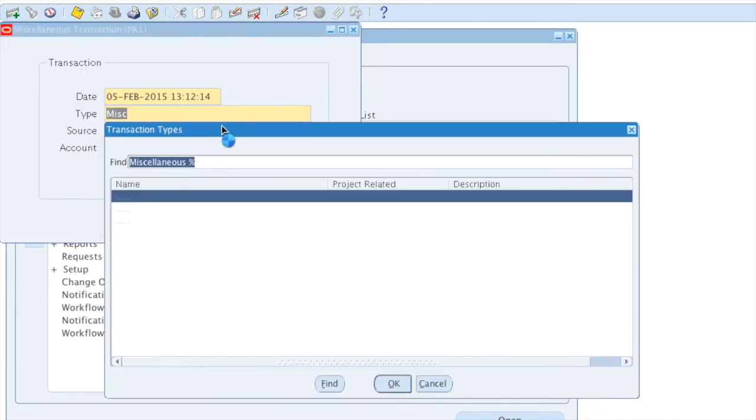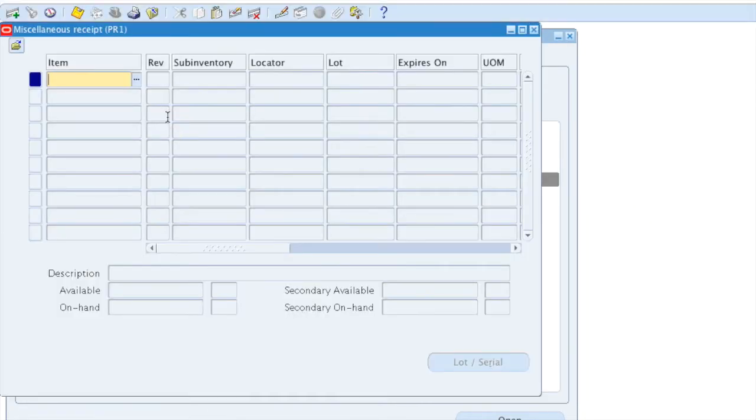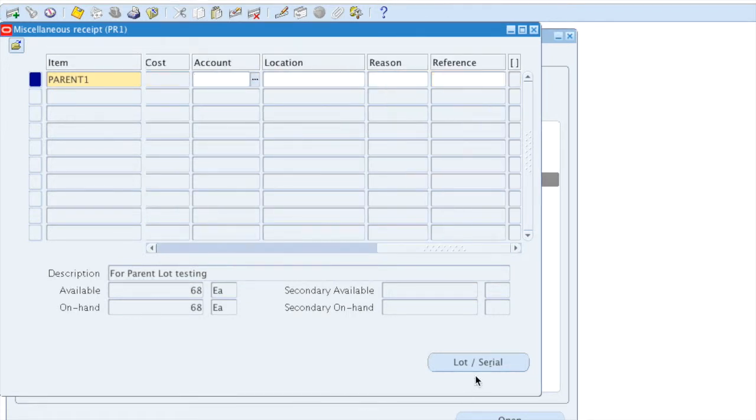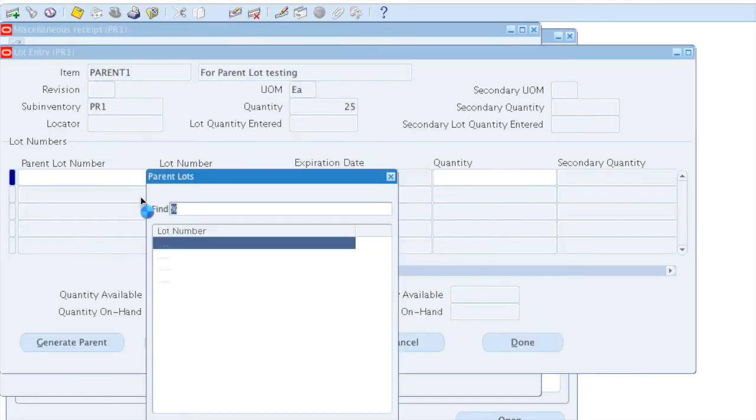Continuing from the discussion, there is a possibility that we can create a hierarchy of lots. We do not expect people to be using it this way, but technically the system does allow it. To demonstrate that, let's go back to our child lot enabled item parent1 and continue with the transaction of miscellaneous receipt.